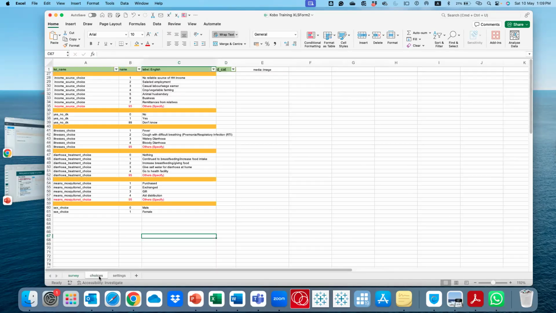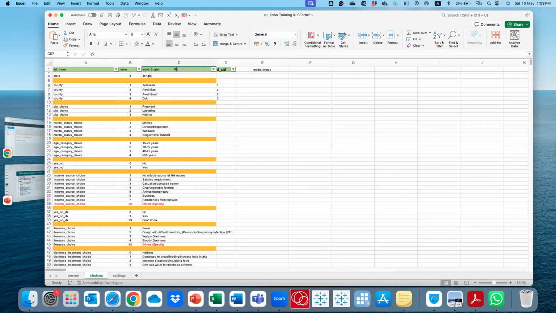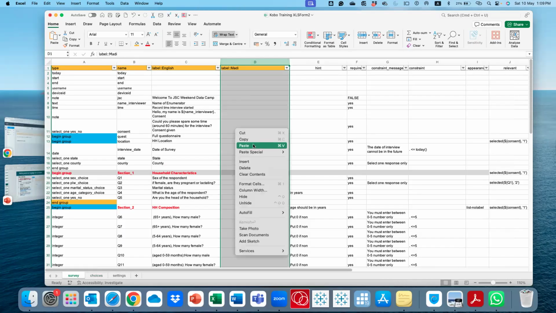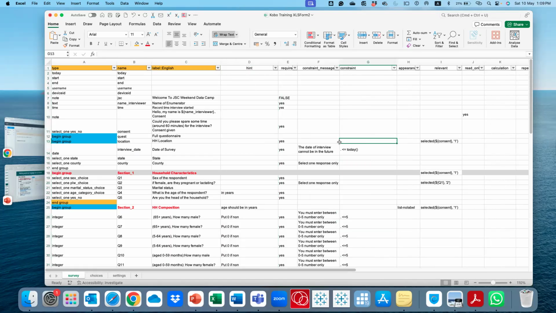And then you come to the choices and also you see English here. So you need another column for choices in that new language as well. I didn't want to mix this up with the language, but that is sort of how you do it. So I want to leave that to you guys. You can go through it on your own.